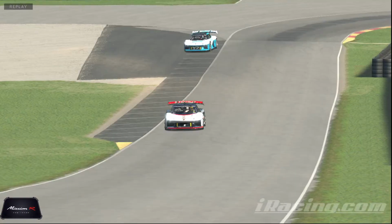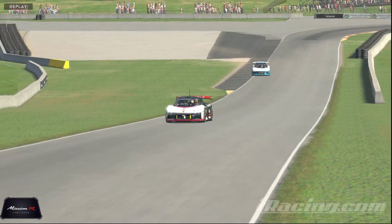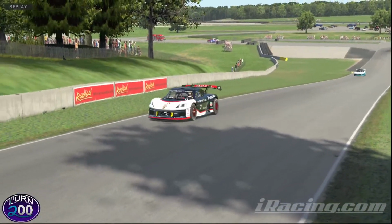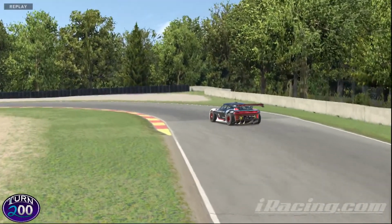Thank you very much to all the drivers who have come out here tonight and raced in this official race. It is 22 strong here tonight. Turnout is continuing to be impressive for the Mission R Challenge, and hopefully it stays that way. So I appreciate all the drivers. Appreciate everybody that was hanging out with us here on stream tonight. I know not a whole lot of people, but